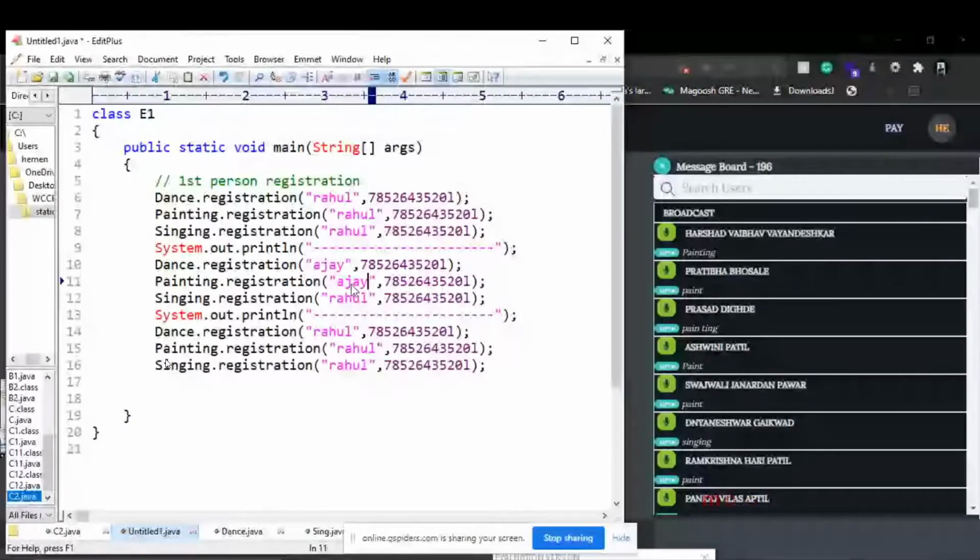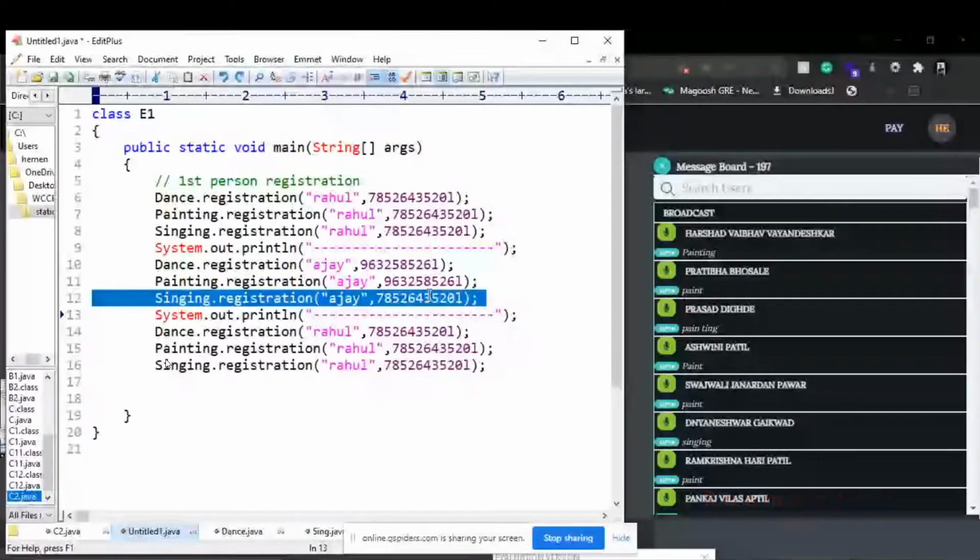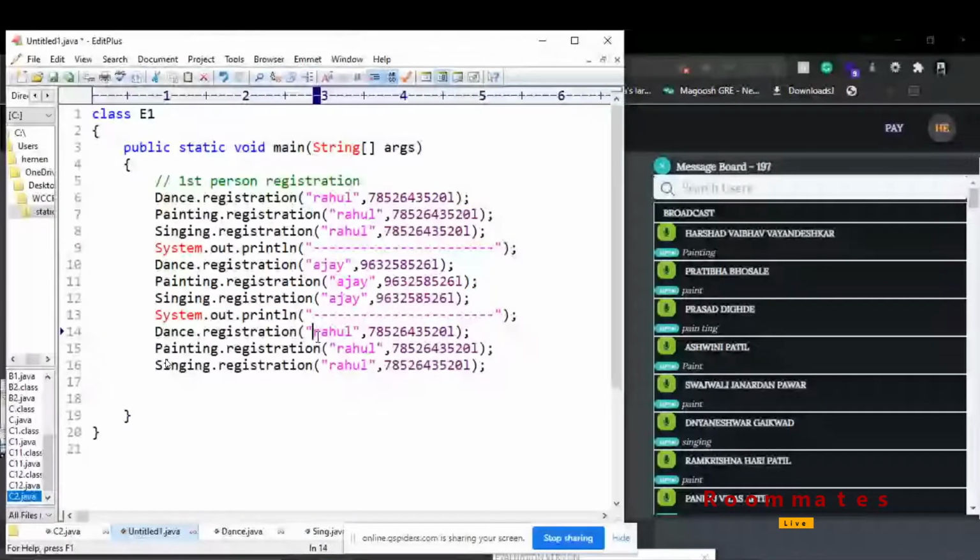Mobile number 123456789. Copy, paste. Third one is Babu Rao. Mobile number is this one. We just copy and paste this entire thing there, there, and there.